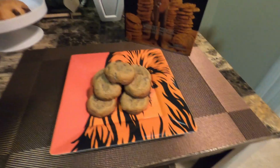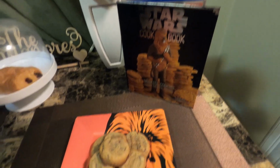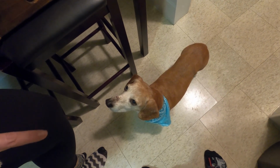All right, here's the finished product. Our Wookie cookies on our Wookie plate with our Wookie cookbook. Our Wookie dog. I think he's just a dog. Aww. All right. You're my sidekick, Frank. Let's try them, Frank. None for you, though. No more chocolate. Okay, so...